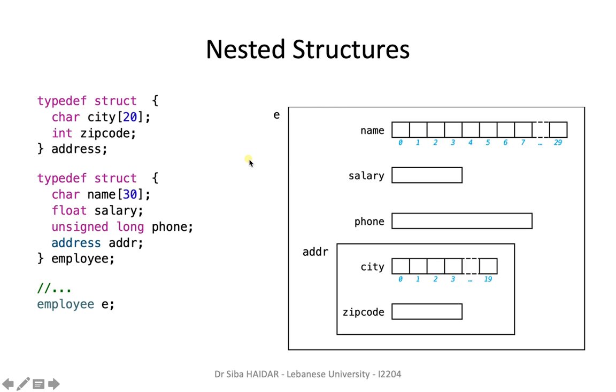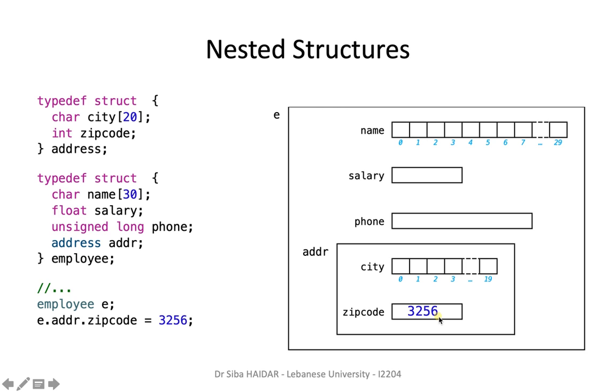Okay, now how do I access, for example, the zip code field that is inside the address field that is inside the variable e? e.addr.zipcode, and I can, for example, assign to it the value